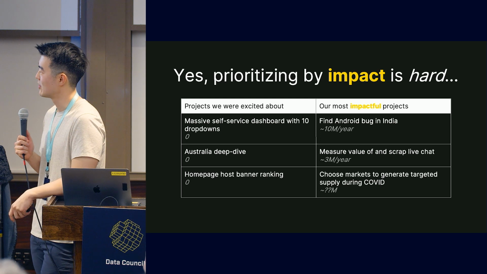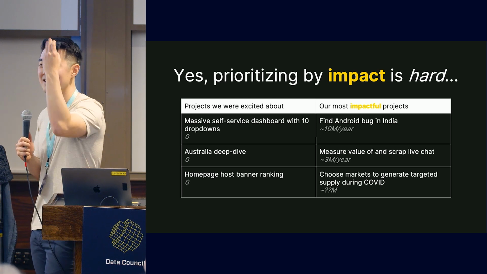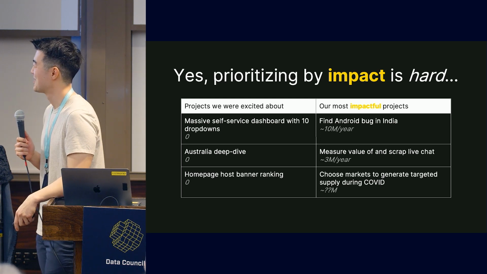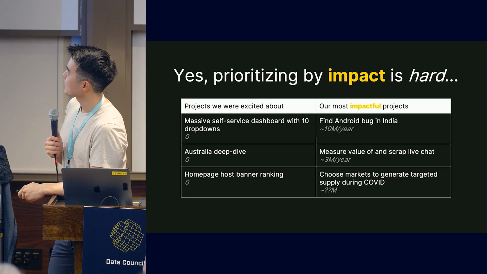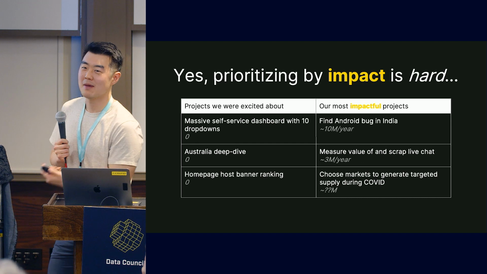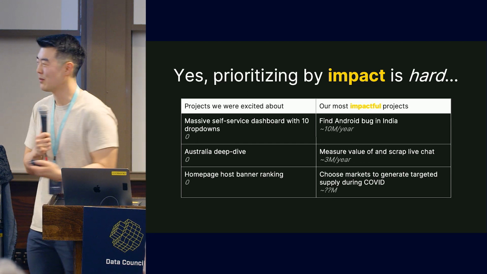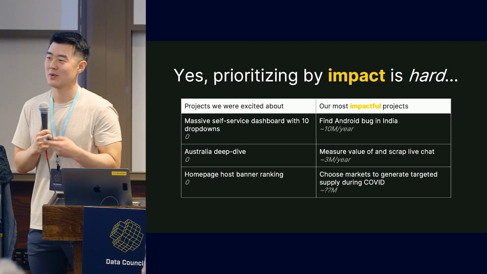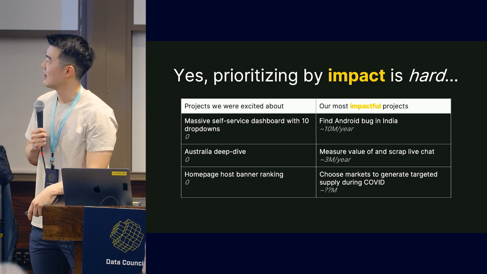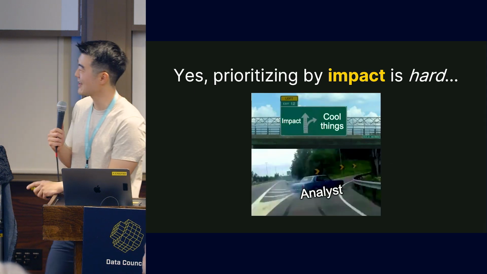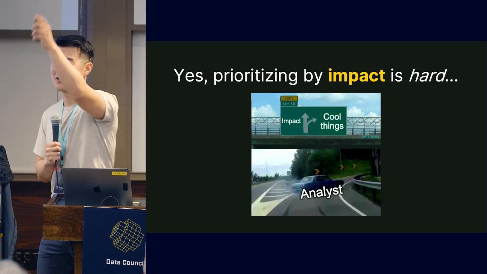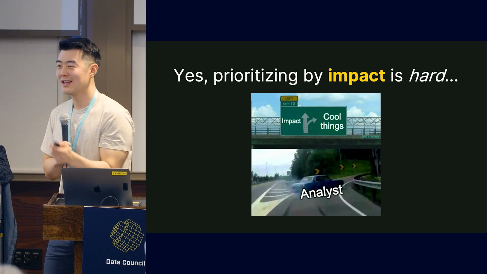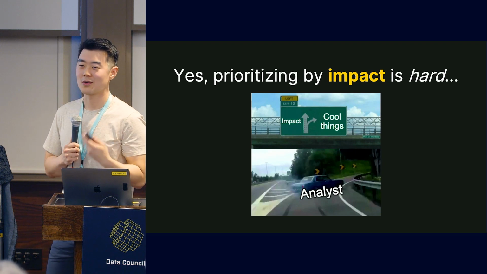I don't know what the measure of value there is, but maybe it's the entire business. I don't want to attribute too much value to analytics, though, so let's move on. But the point here is prioritizing by impact is hard, right? Like a full team of us, we just weren't very good at this. We basically tend to get distracted by shiny objects, right? We know that impact is our North Star, but rarely is that common in our discourse, in our daily